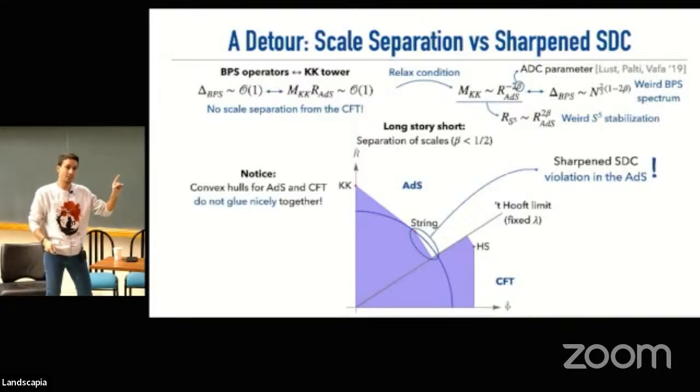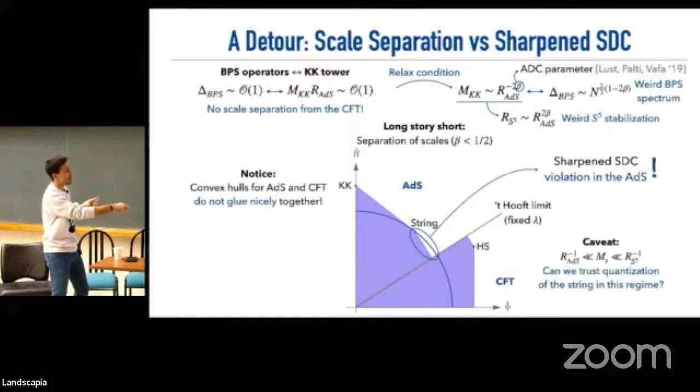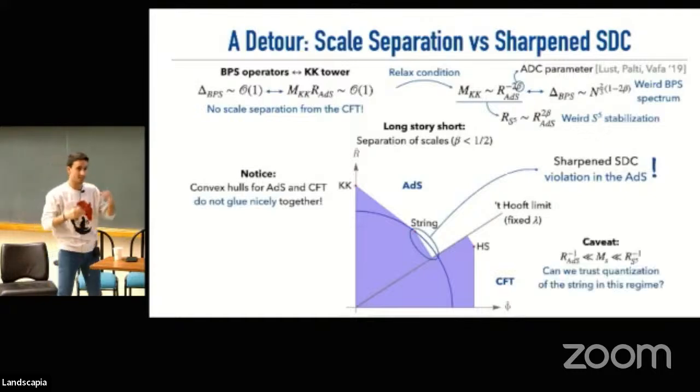And because it's in the bulk, now I have to give a big caveat, because notice that the violation is in the regime in which the string is not in the highly curved AdS, but it's in a highly curved S5. So we want to worry about the quantization of this string, whether this will be in control or not. I will say it is, because maybe the S5 modes are very weird, but the ones that propagate in the AdS probably will only see the AdS, which is really curved. But okay, one can